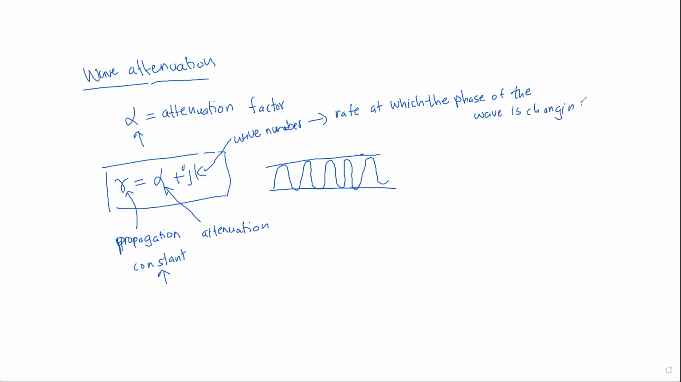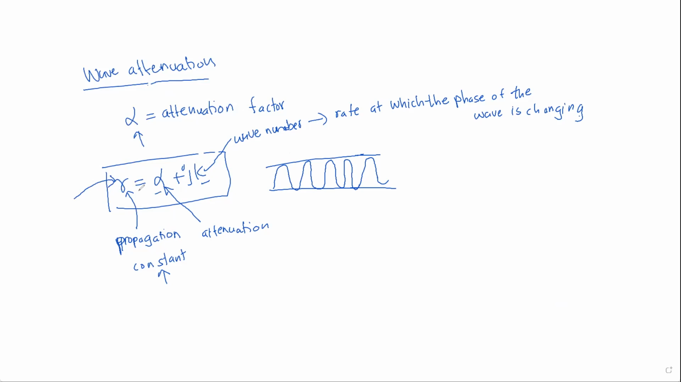Basically what it means is the rate at which a certain point in the wave is changing. So the wave number gives us the rate of change of phase, how much and at what frequency a certain point in the wave is changing. That idea is given by the wave number. Based on the wave number and the attenuation factor, the propagation of the wave is determined, and that